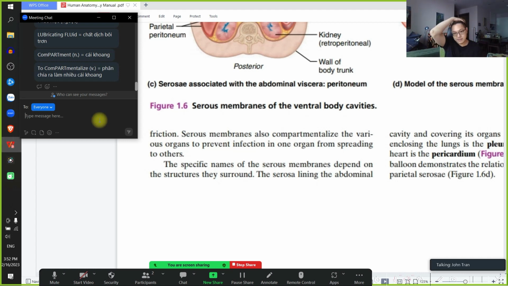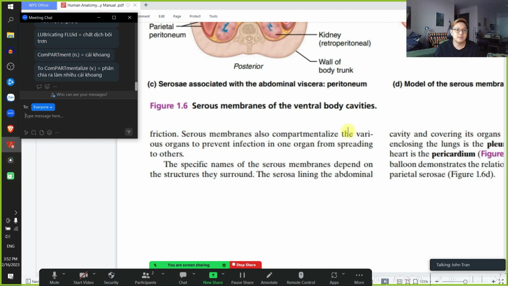Nếu mà nó không phân chia bởi cái màng nhầy này thì lỡ đâu có chuyện xảy ra, một cơ quan, ví dụ cái dạ dày do food poisoning, do ngộ độc thức ăn diễn ra đi, nó spread đến các cơ quan, nó spread ra, nó lan ra các cơ quan khác, thì hệ miễn nhiễm nó sẽ rất là khó để đánh đuổi được cái infection này, có thể chết người, phải không đâu? Cái màng nhầy duy trì sự sống. Serous membranes, so it separates the various organs, prevent infection from one organ from spreading to others. That's one reason. But I think another reason is